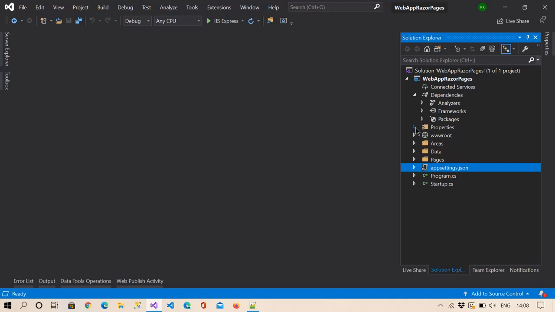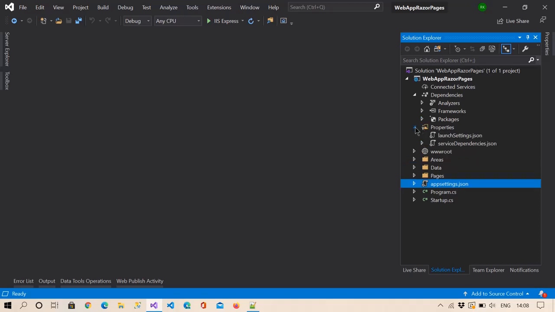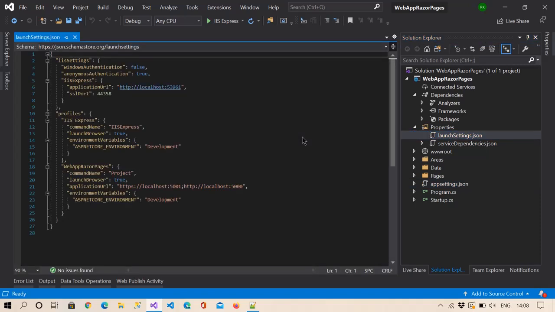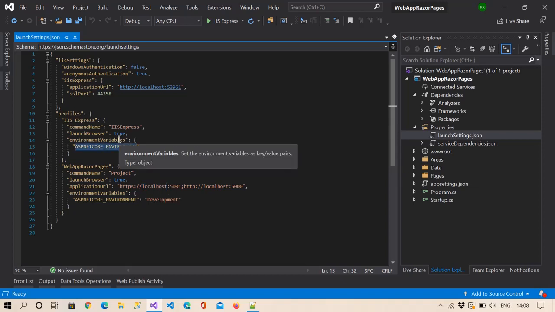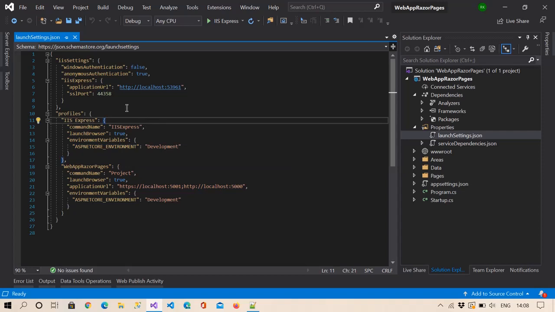Other than that, here are the properties, and in properties you can see we have the launchSettings file, right? Here we can define everything, like you can see the application URL, development environment, and the pages. Also we can do a lot more things. We will discuss this in the next upcoming videos of this tutorial.